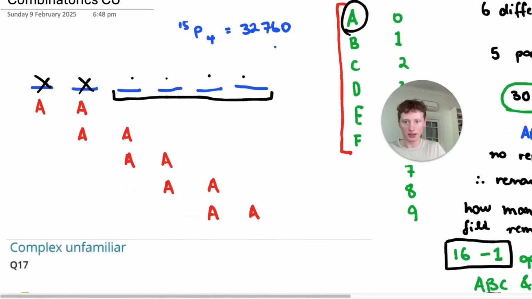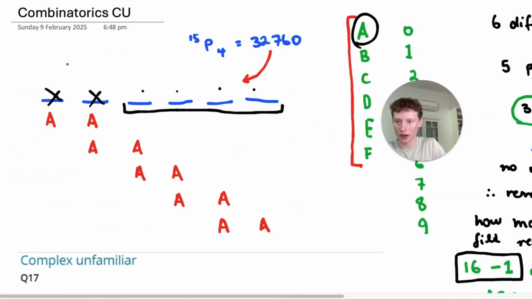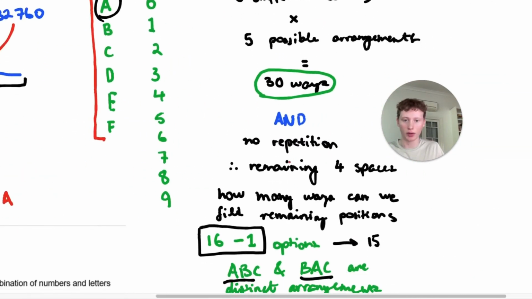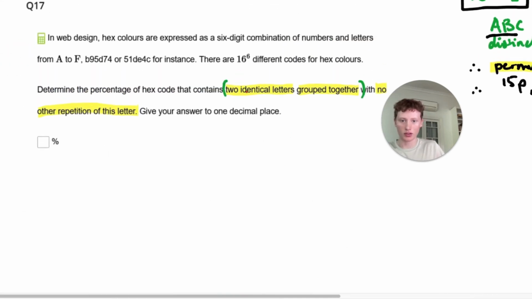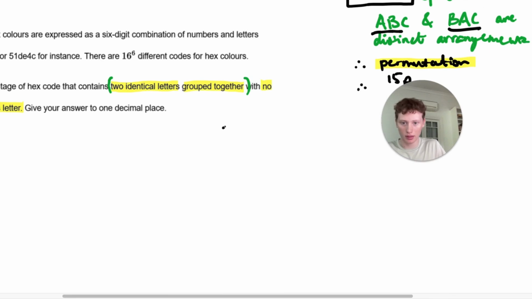So that's how many ways we can arrange this group. We know that there's 30 ways of arranging this group. So then the total number of ways that we can arrange two identical letters grouped together with no repetition of this letter is going to be 30 multiplied by 32,760, which is